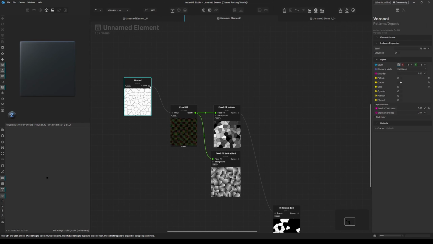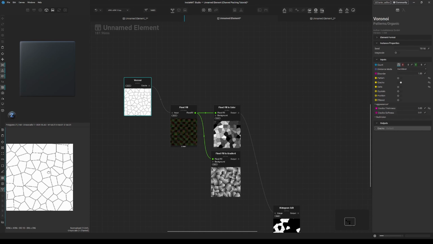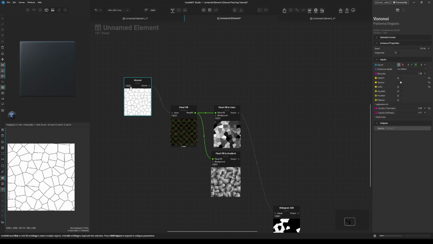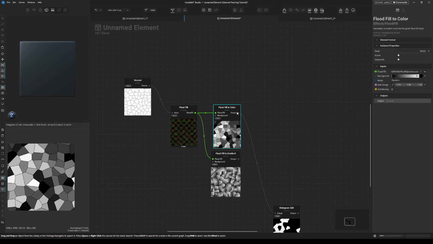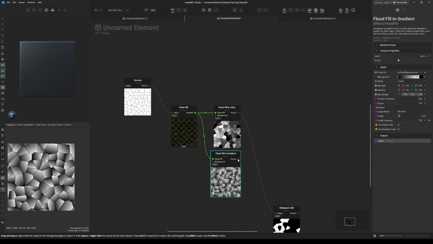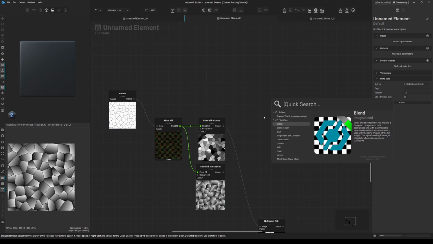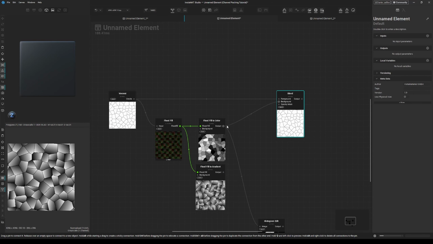So in this case, I start with this Voronoi shape here, and those are just the outlines, or the cracks. And let's say you want to make some rocks from that. You won't only need the outlines here, but maybe you want to have some height difference. So you process this through the flood fill node and use a flood fill color. And this adds a different grayscale value to each of the cells. Maybe we want to have some slope variance, so we use the flood fill gradient and have this nice slope variance here. And when we just blend it like this